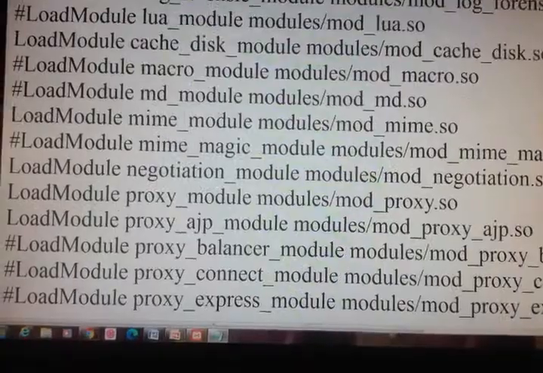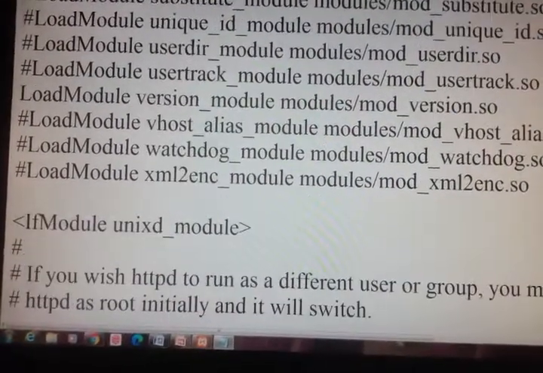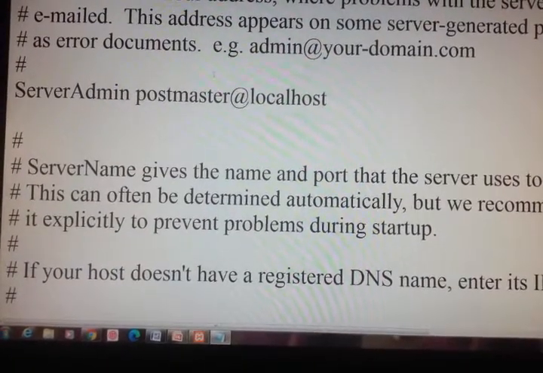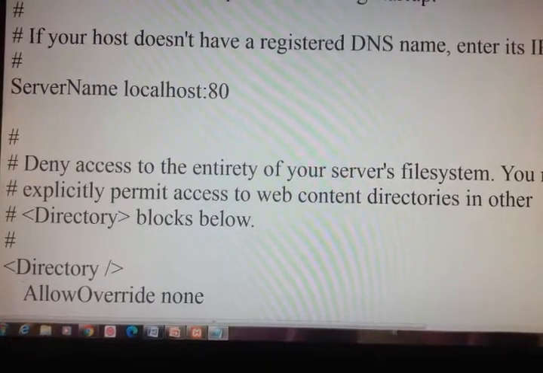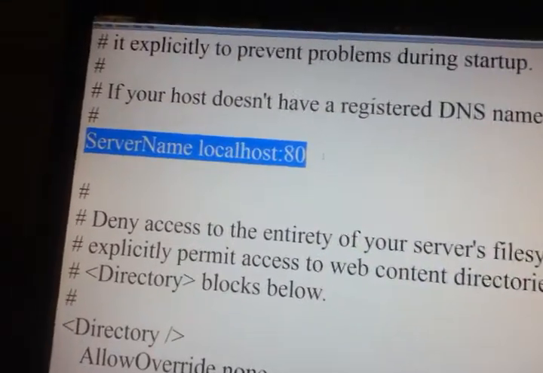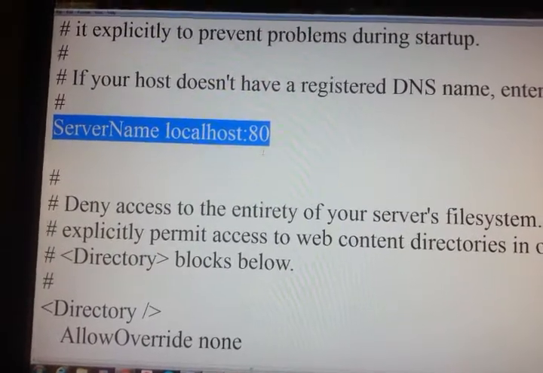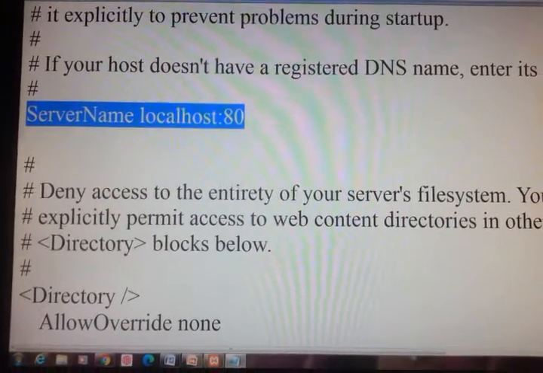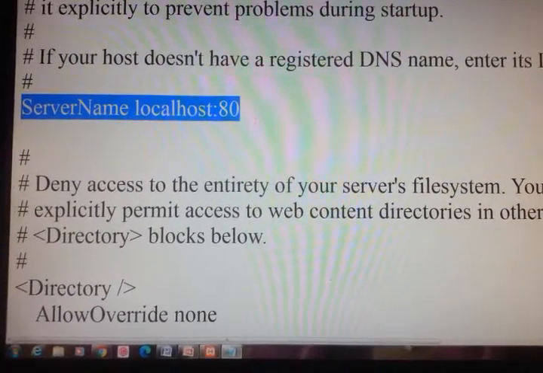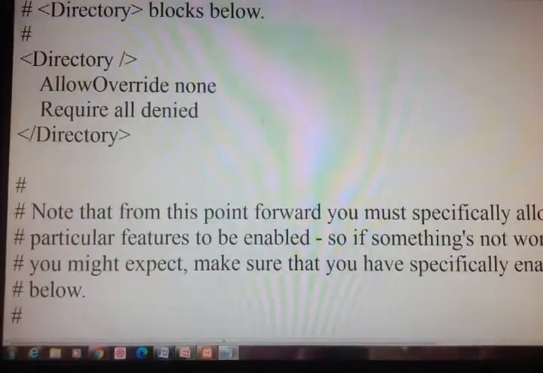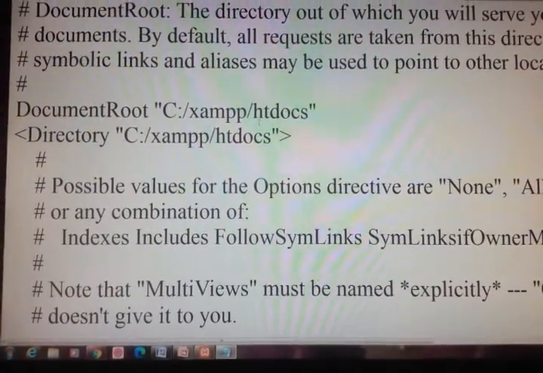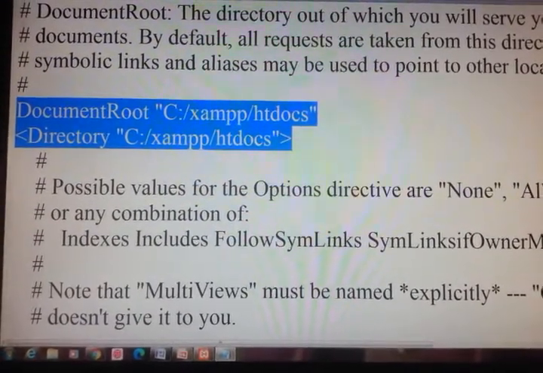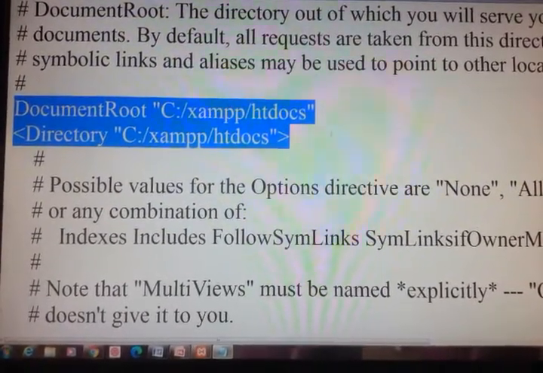So this is the module that has been activated when you start your Apache. So the server name when you start is localhost:80. Server name is localhost and port number is 80. And the document root is C:/XAMPP/htdocs.